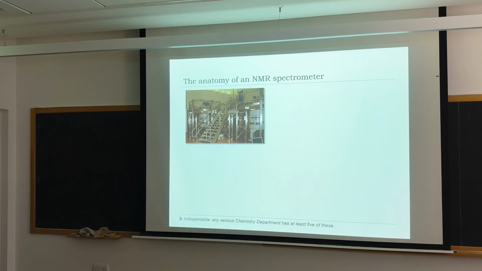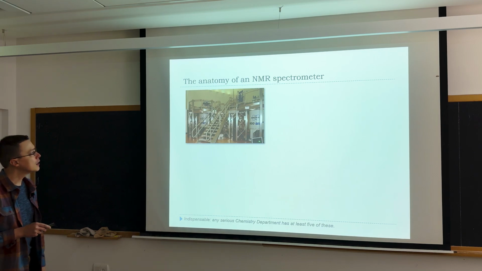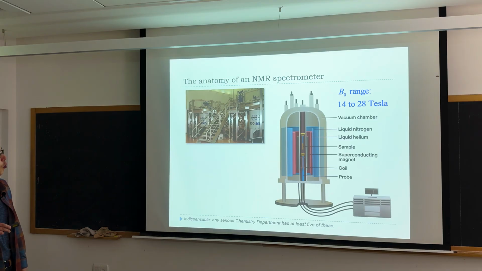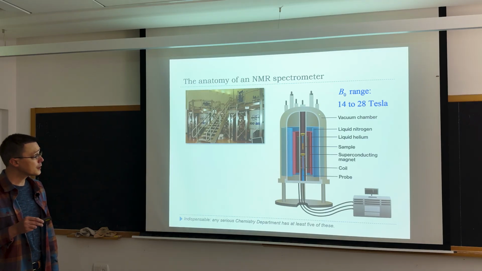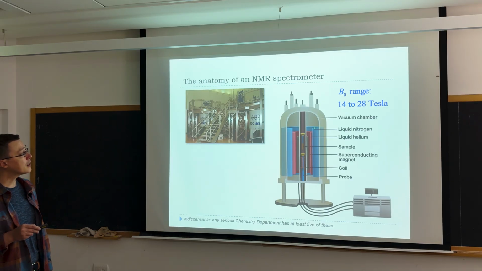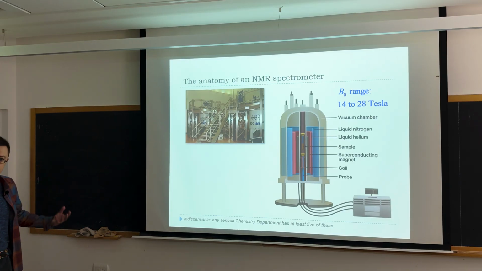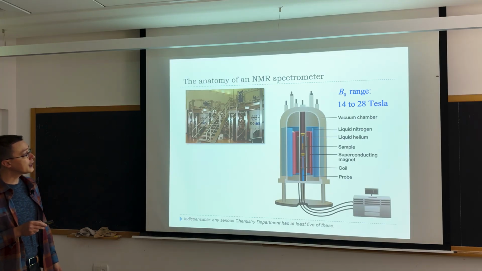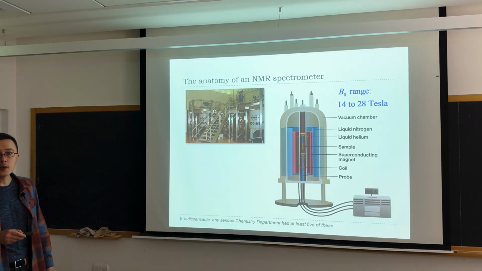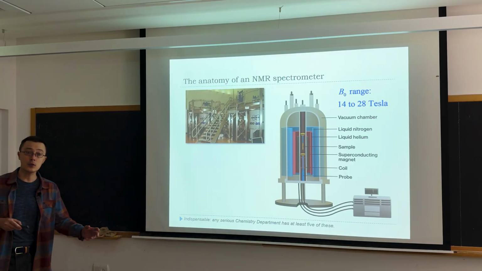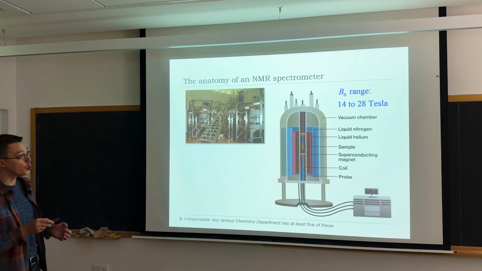If you walk into our NMR facility here at the Weizmann Institute, you would see more or less this. So giant, expensive superconducting magnets. You would have an overall hull. This is what you see there. Underneath the hull is a vacuum chamber, and then a layer of liquid nitrogen to provide outside cooling and screening from the room temperature. Then another vacuum chamber and liquid helium. This is done this way because liquid helium is a lot more expensive than liquid nitrogen. You don't want to boil it off too quickly. So there are two layers of cryogenic